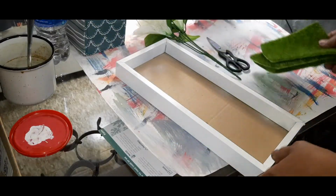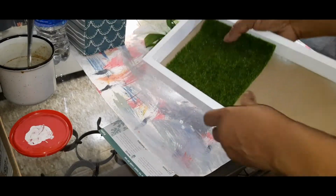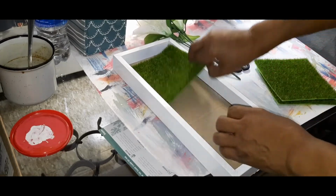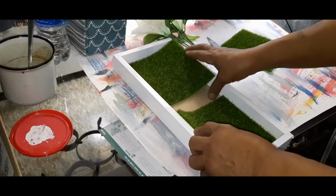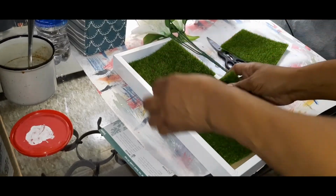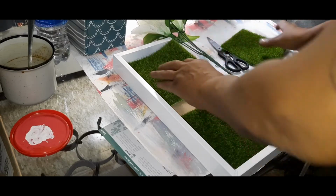So I thought I cut them all out evenly to fit in here, but some of them don't fit. Most of them I cut right. It's only three. Let's see. One of them was fitting much better than the other. So I am going to